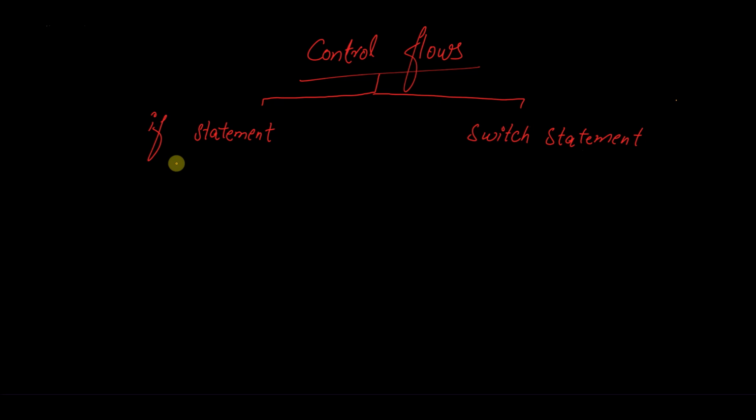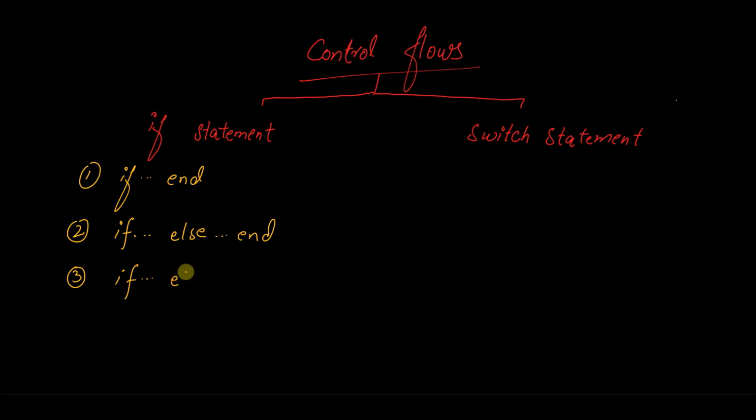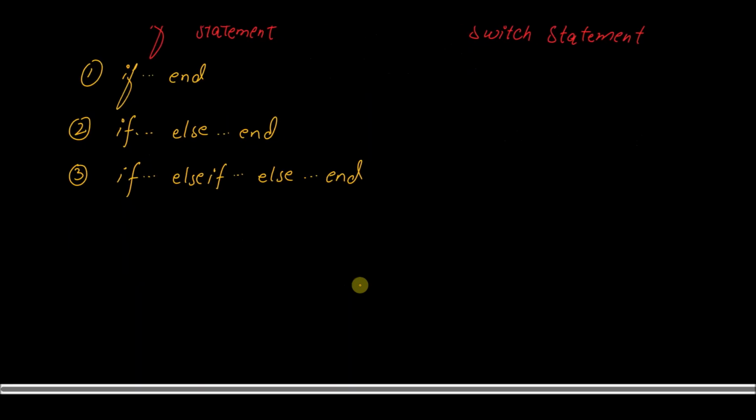So we have a total of three types of syntax of an if statement. Number one is the if, and number two is the if, else, and end. And number three is the if, elseif, else, and end. So in order to understand these control flows, first of all, we are choosing a very simple